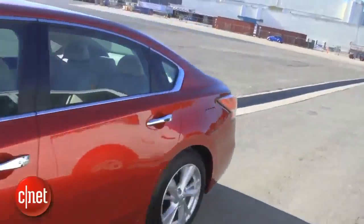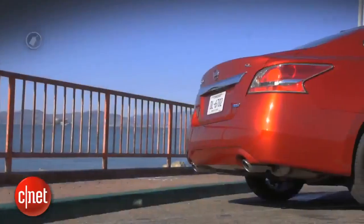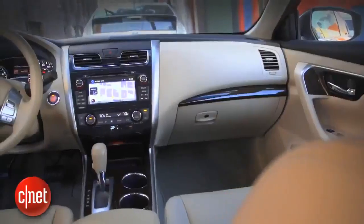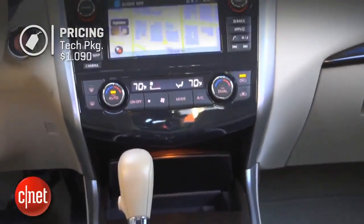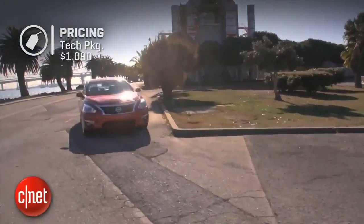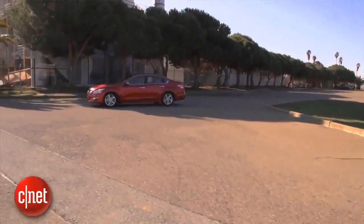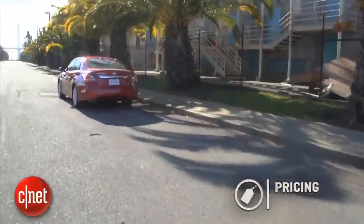Base price for a 2014 Nissan Altima is $22,110. This SL trim is $27,860. Well, that gets a lot of nice convenience features, USB port, all that good stuff. The navigation system comes in as part of a technology package. That's $1,090. That also includes some of those driver assistance features like lane departure warning and blind spot monitoring. Nissan also forces you to take the moonroof option with the technology package. There's no good reason why they do that, but that puts the total price of this 2014 Nissan Altima with